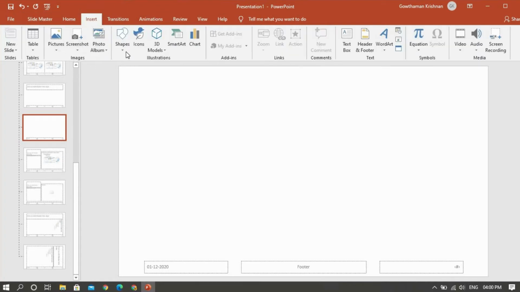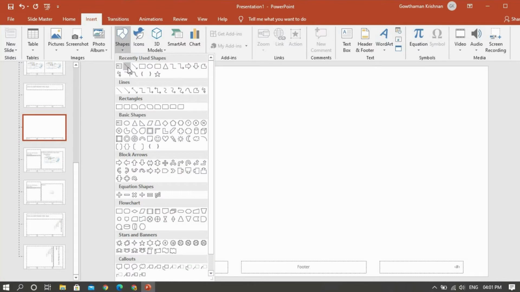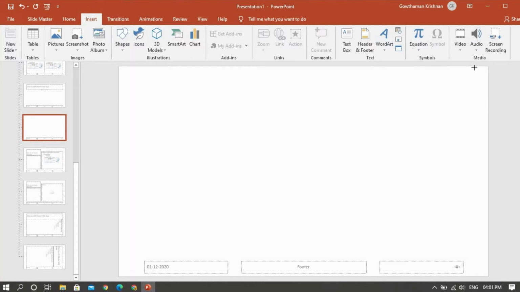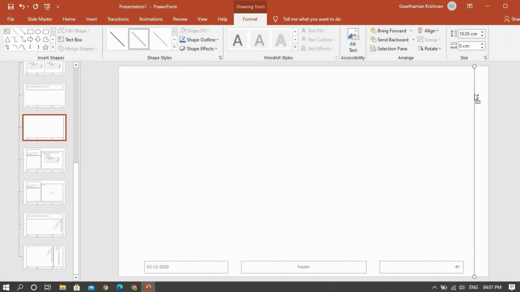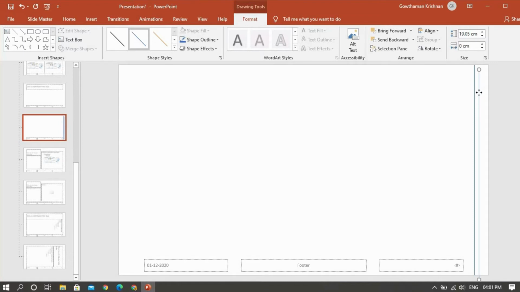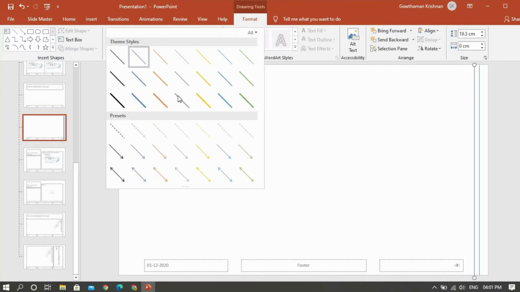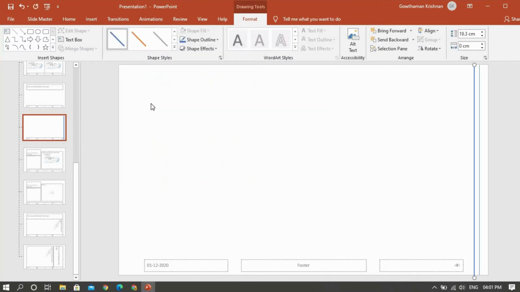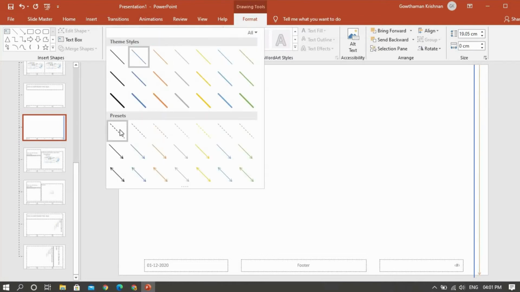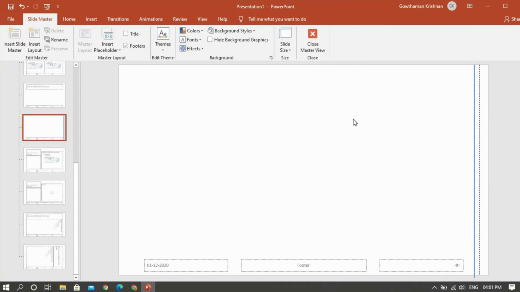I want to insert a line from here, so I can draw a line, copy it and paste it, so that many lines come here. I can make this line thicker by going to Format and selecting this, and the next one maybe I can make dotted lines. So like that you can create the basic design.